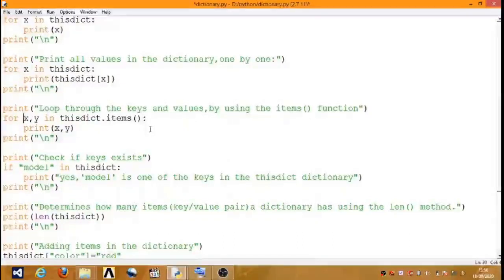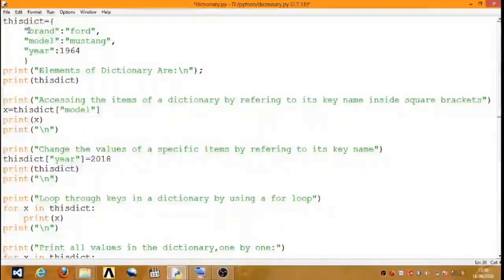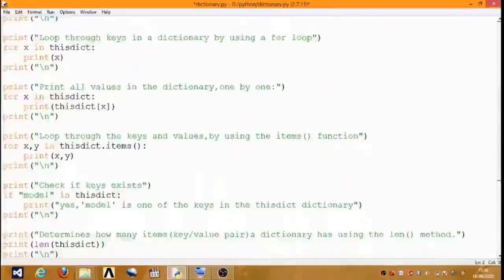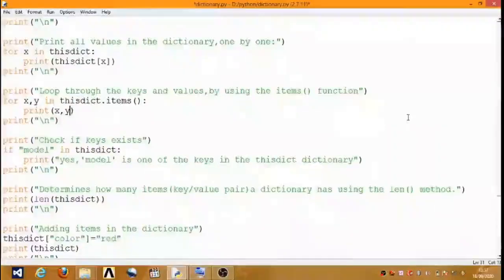So here for loop executed, items function gives us the first key and value. So here our first key is brand and value is Ford. So here the key is stored in X and value is stored in Y. Same way here print the keys and values in the dictionary one by one.